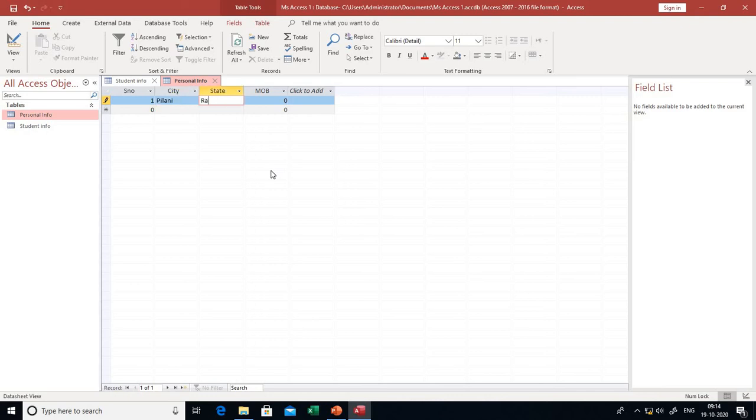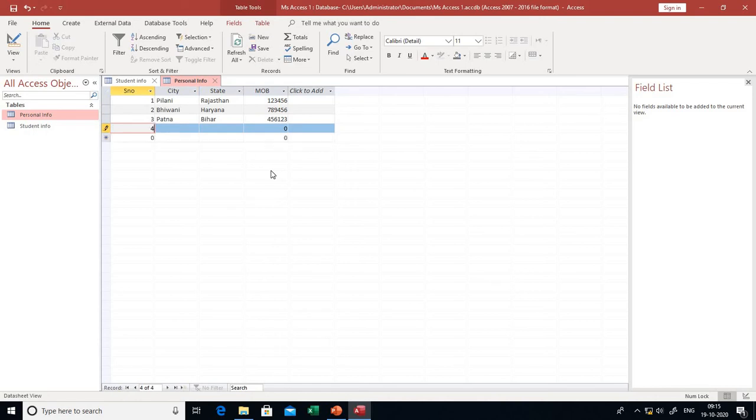Pilani, state Rajasthan, mobile number 123456, for example. Second one, Bhiwani, state Haryana, and 789456, mobile number. Third one, Patna, state name Bihar, and this is the mobile number.